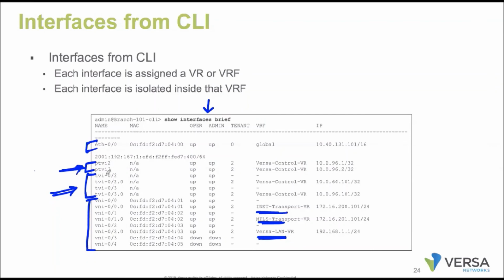All these loopback interfaces and the tunnel interfaces will be part of your control VR. By default, there is one routing instance, and the name of the routing instance is global. So by default, all the interfaces will belong to the global routing instance, until and unless we take the interfaces out and place them in different routing instances. Otherwise they will always be part of the global routing instance.